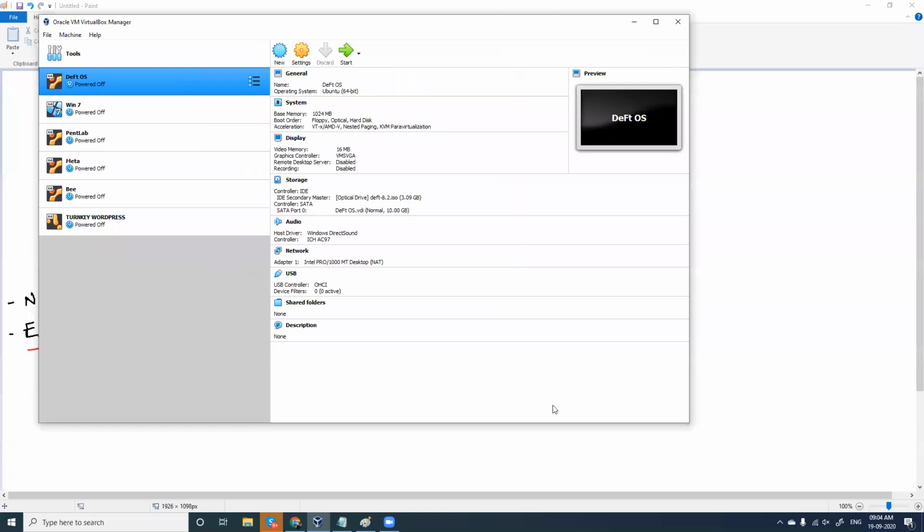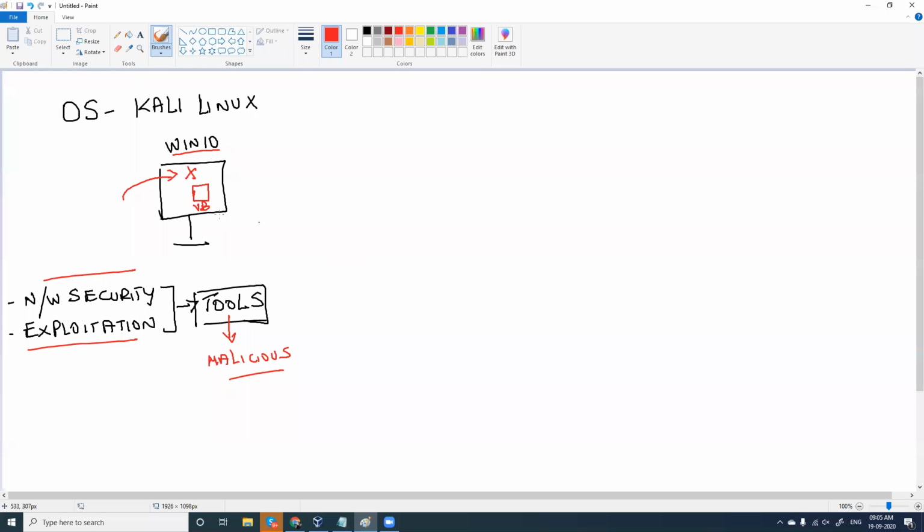And in VirtualBox, you can install n number of operating systems. I've installed like 6 operating systems right now, right? So in this VirtualBox, I'm going to install one more operating system, which is called Kali Linux, right?